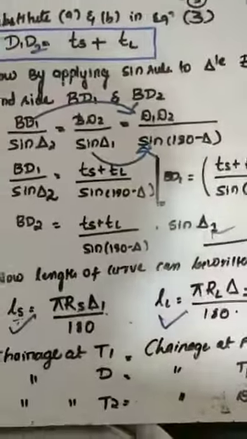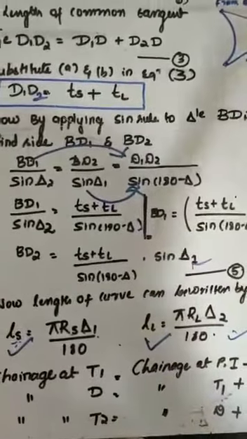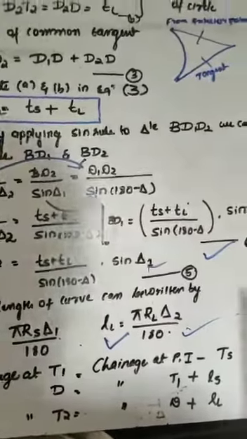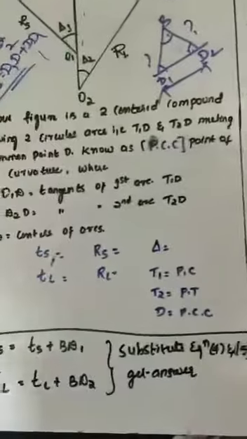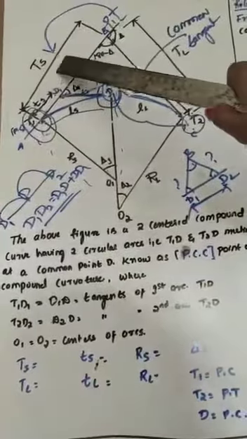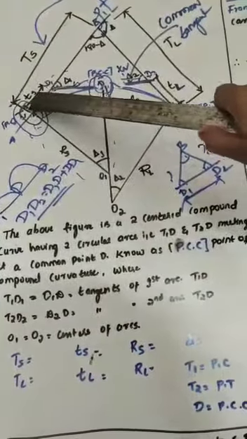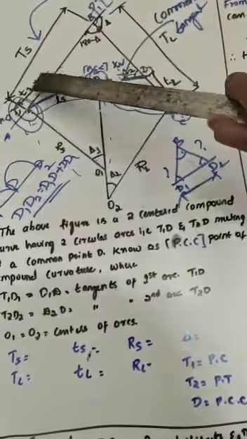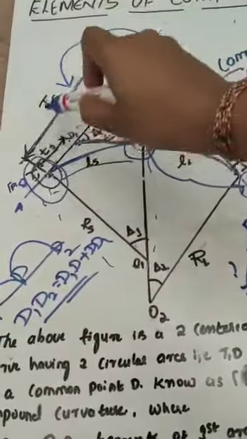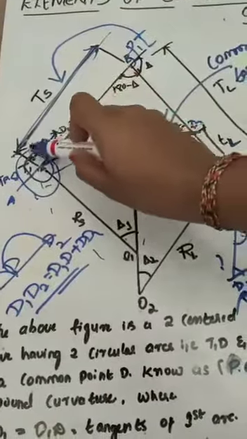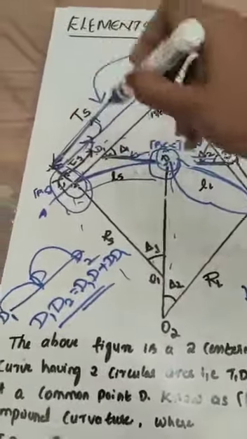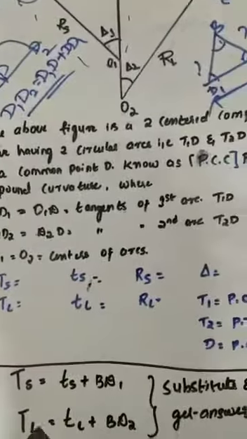So these are the formulas, like I explained to you in unit 2, right? So how are we going to get these formulas? In a similar way, we need to find the formulas for capital TS and TL. Capital TS, according to the geometry, is nothing but small ts plus BD1. For example, this is the entire line, and when we add these two distances, we will get TS. So capital TS is nothing but small ts plus BD1.